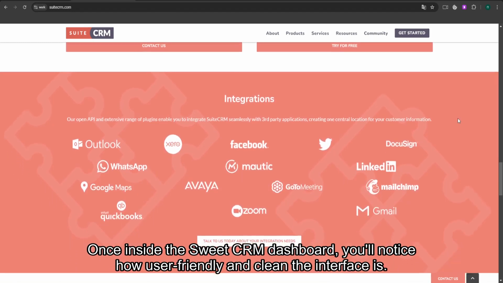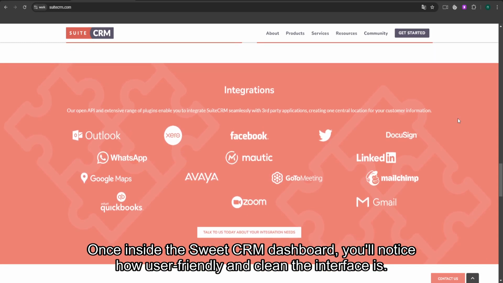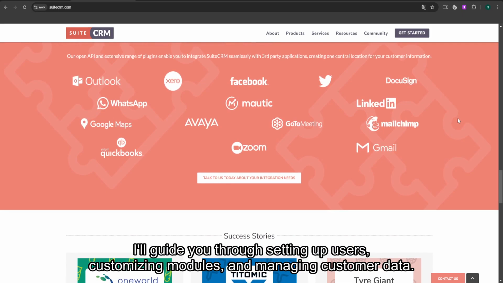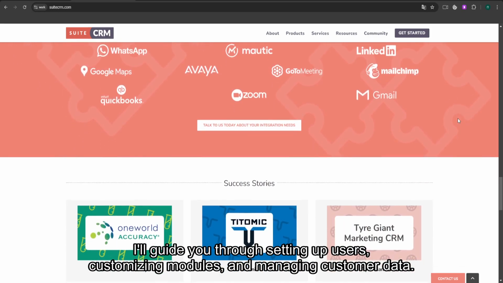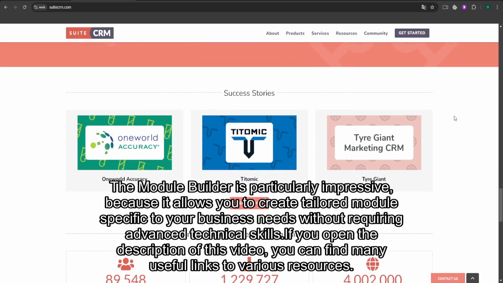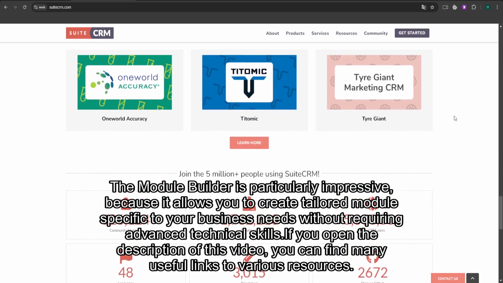Once inside the SuiteCRM dashboard, you'll notice how user-friendly and clean the interface is. I'll guide you through setting up users, customizing modules, and managing customer data. The module builder is particularly impressive because it allows you to create tailored modules specific to your business needs without